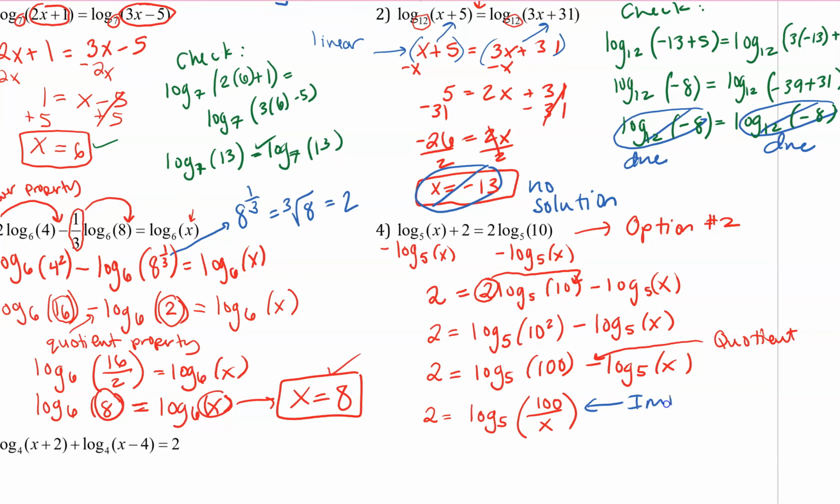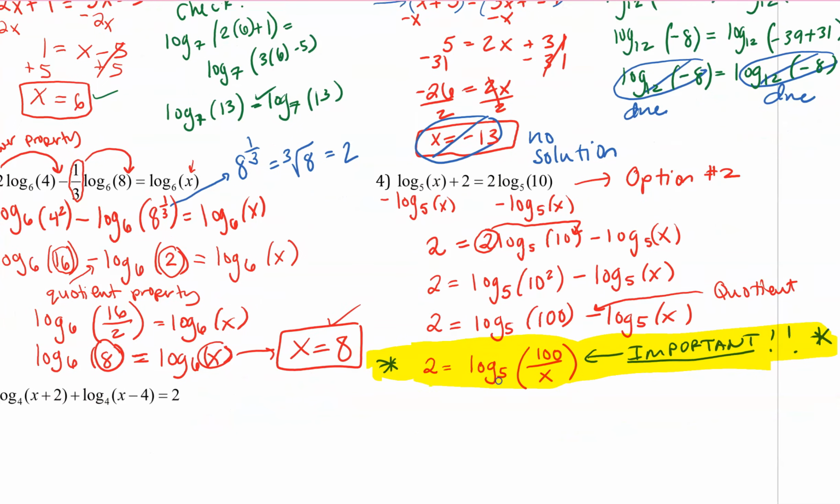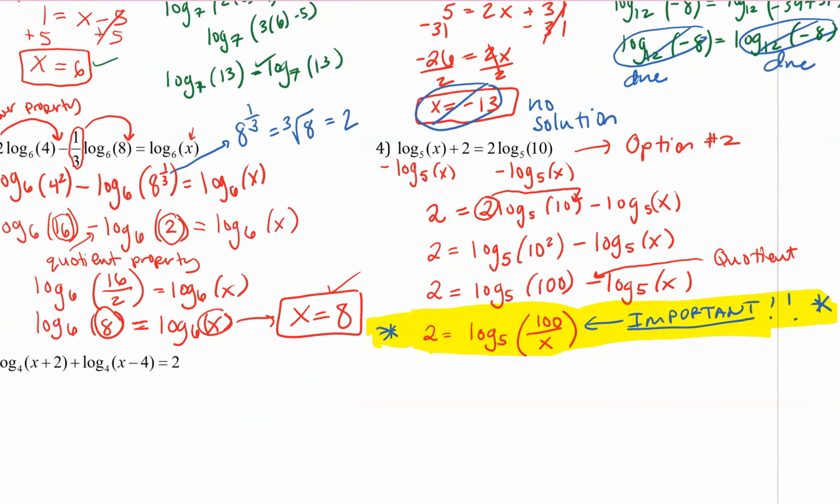Okay, now what I'm about to do is extremely important. So make a big deal about this step in your notes. Star it, highlight it, do what you gotta do to emphasize this in your mind. This moment is critical. This is what you do when you get to this point right here where you have 1 log on one side and a single number on the other side. What you do is you rewrite the expression